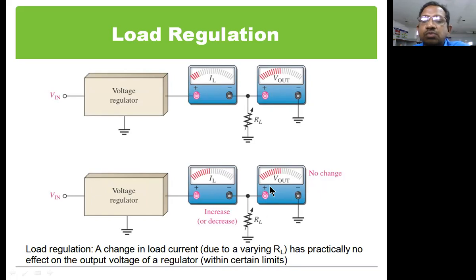Because this voltage is normally going to drive the entire electronic gadget or an electronic circuit. So this voltage has to drive the electronic circuit. Therefore, this voltage value should not change, even though the RL changes. So this type of regulation is known as load regulation. That means the output voltage is kept constant irrespective of changes in the load, is simply known as load regulation.